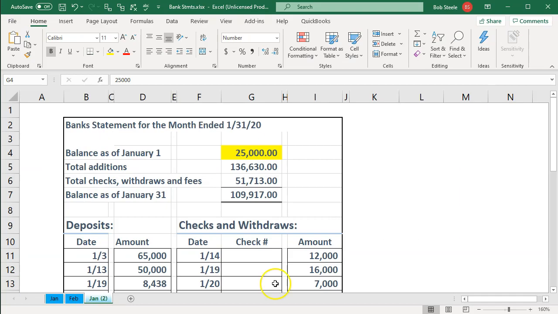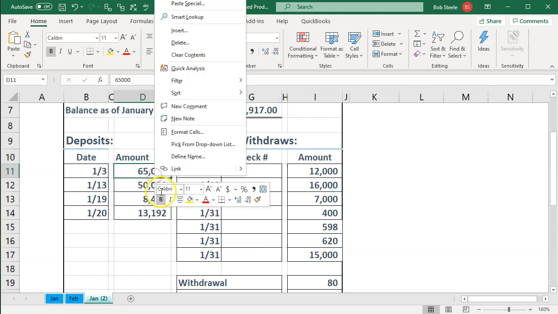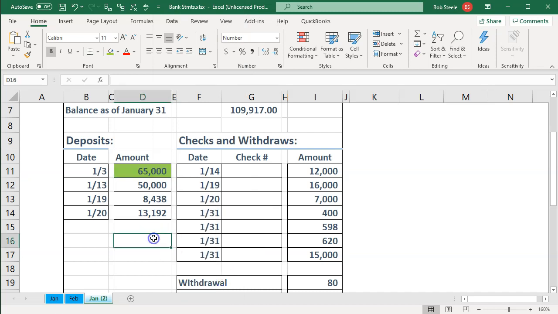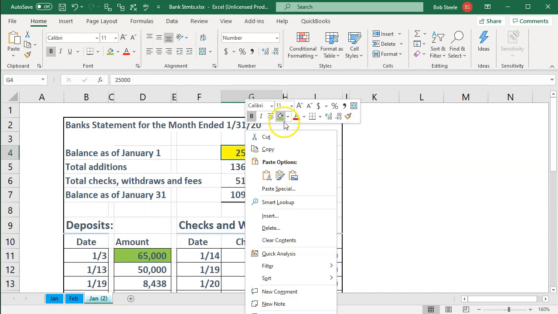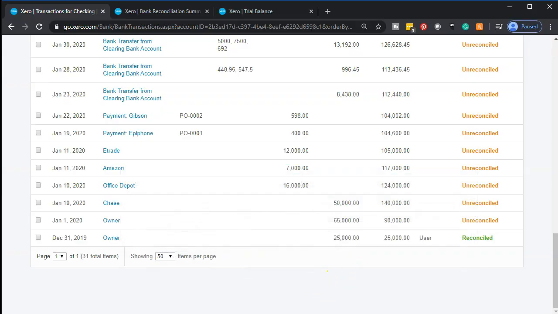So now we're going to go back over and just do this for the whole thing. I'm going to highlight these as we go. Here's the $65,000 over here. I'm going to mark it off. I like to make it green, actually, to say that it's reconciled instead of yellow, because yellow tells me something has to be done. Green means it's good. Green means it's done. Anyway, now we have the